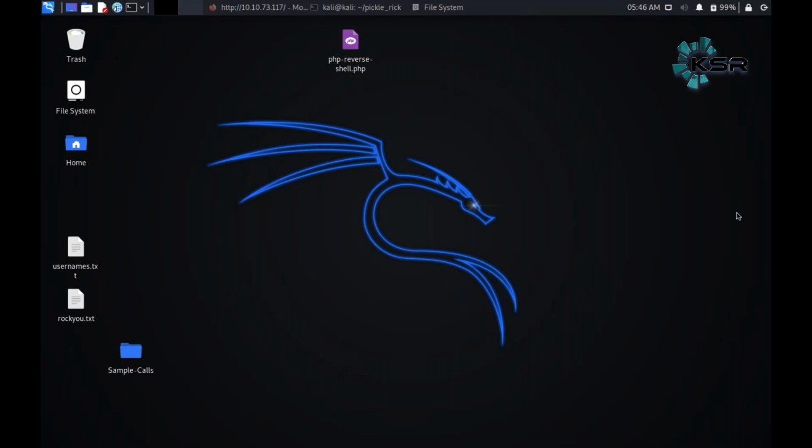Right now in my network, the victim machine is running, and I want to hack it using my attacking machine, which is Kali Linux. I don't have any details at all related to that machine. So the first thing that I'm interested in is finding out where this machine is. I can do that using a very simple command called netdiscover.